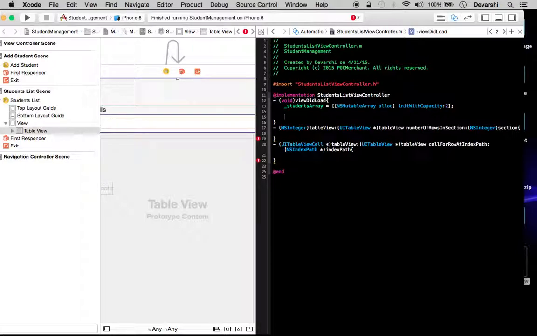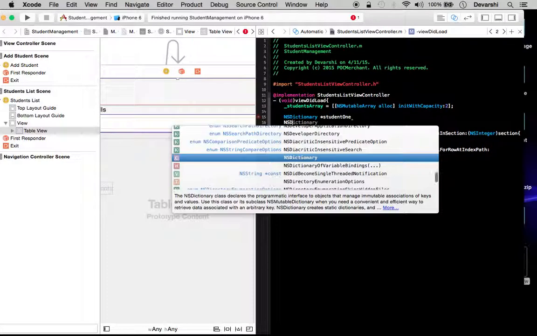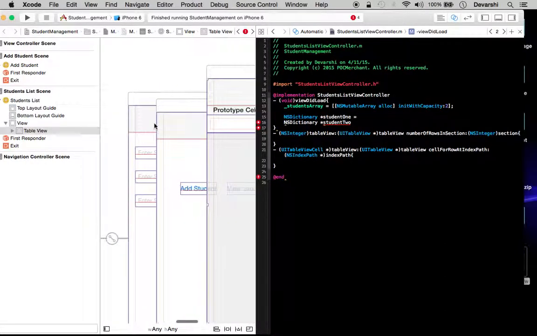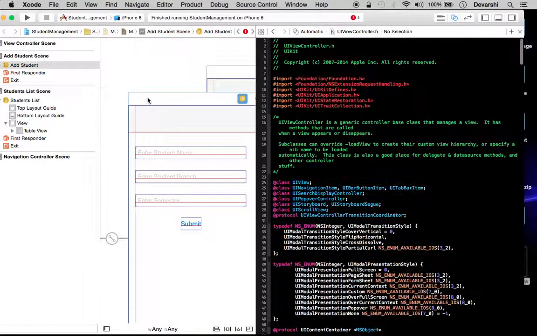Now I will be creating two dictionaries. The first dictionary is student1 and the other dictionary will be student2. Let us go back and see in the UI what we wanted to be inputted from the user. We wanted a student name, a student branch, and a student semester.